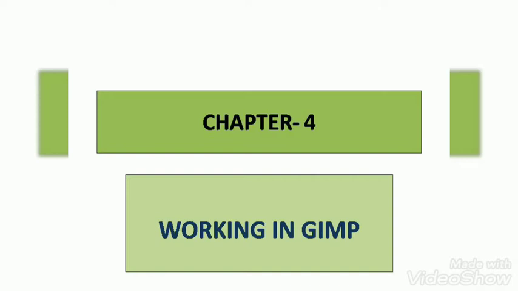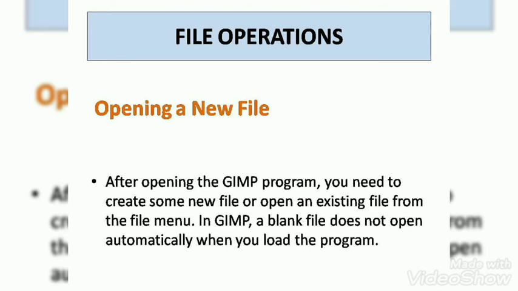Now first, when you want to create a file, the first step is you go to the File option. You click on the New option, so you are opening a new file. Then a dialog box will appear, Create a New Image. In that you have to specify the image size and give the name. So this is how you can create a new file.